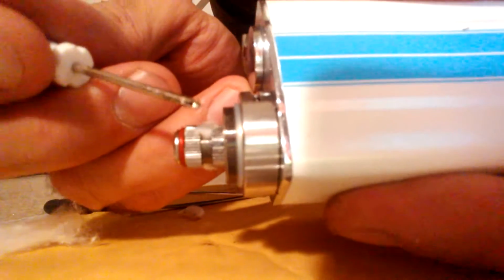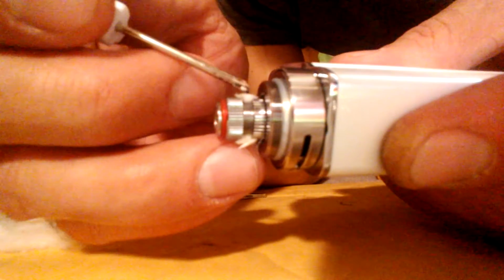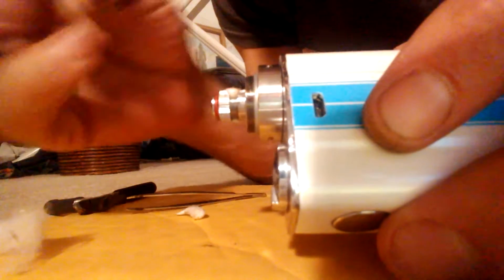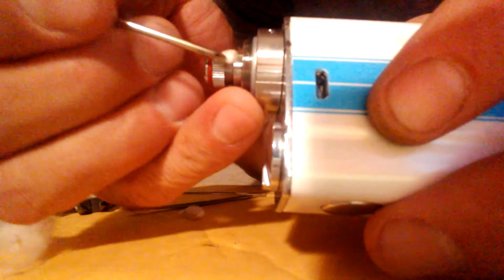And then we're going to go ahead and take this screwdriver. I'll make sure no excess thread is sticking off there. Take the screwdriver and just spread that wicking material to the sides a little bit, to make sure it's blocking the hole in that side well, so that no juice is getting in there without going through the wicking material, because otherwise it'll flood and you'll get juice in your tank. So anyway, this side here needed to be spread out a little more. Little piece of material. I don't want that excess material in there, so make sure it's cleaned up, and then do the same thing. Just spread it out to the sides